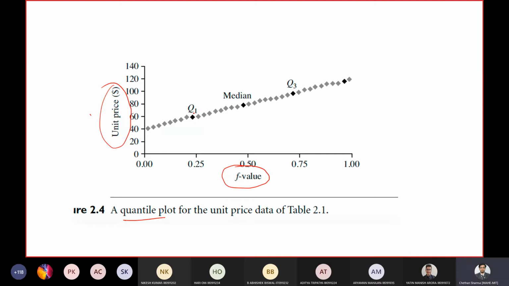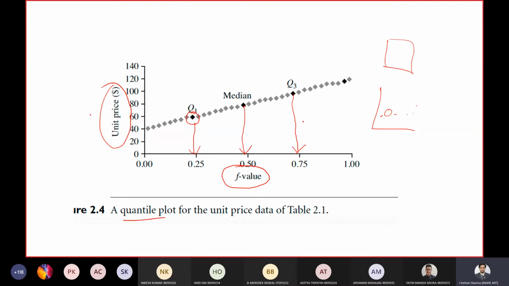As you can see, the data value which corresponds to 0.25 is Q1. The 50th percentile gives you the median, and the 75th percentile gives you Q3. So in case you are given a data set and asked to draw a quantile plot and identify which is Q1, which is Q2, and which is Q3 in it,